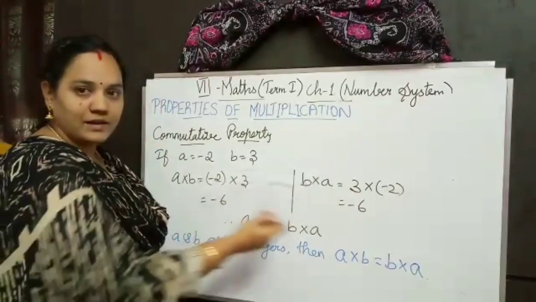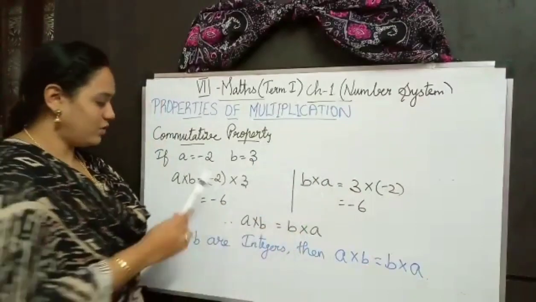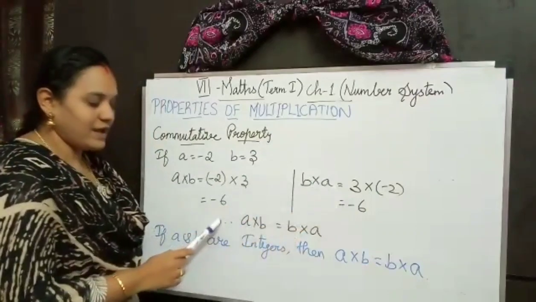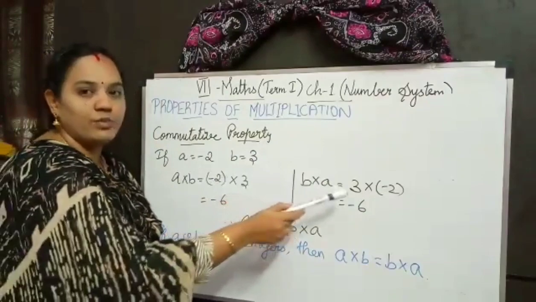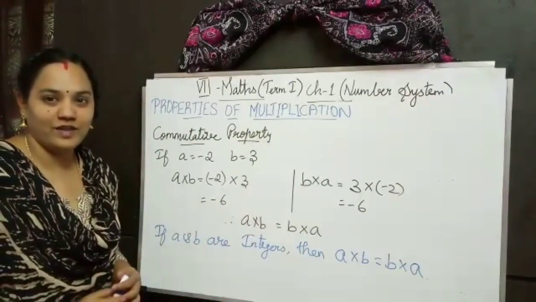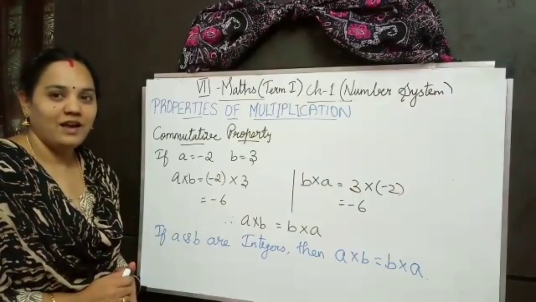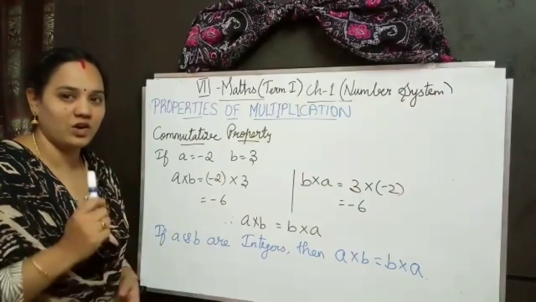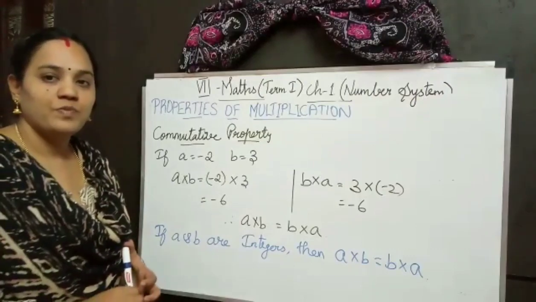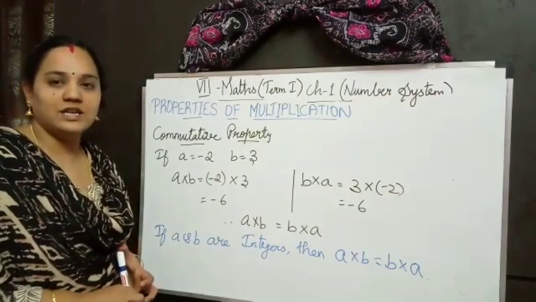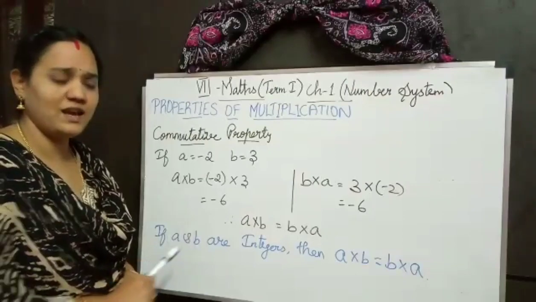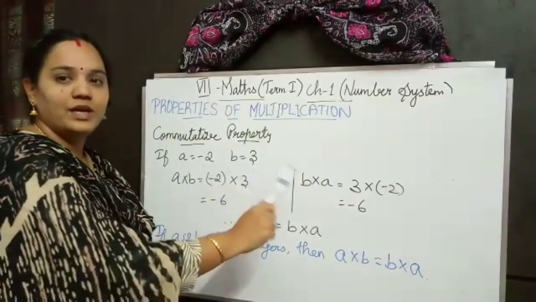Shall we compare these two now? While comparing these two expressions, A into B and B into A, we can say that A into B is equal to B into A. Here we have changed the order of the integers. Already we have seen this in addition of integers, children, just recall that. In addition of integers properties we used plus, addition as the operation: A plus B and B plus A. Here we are using A into B and B into A.